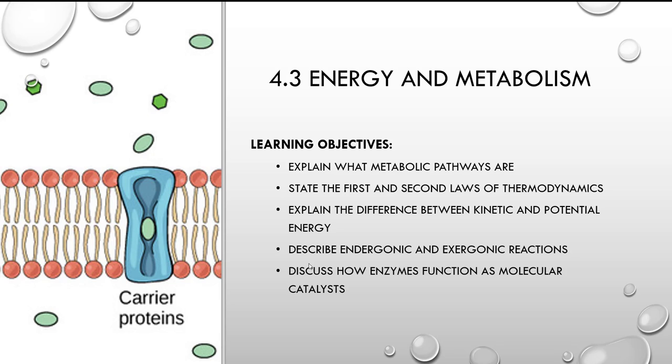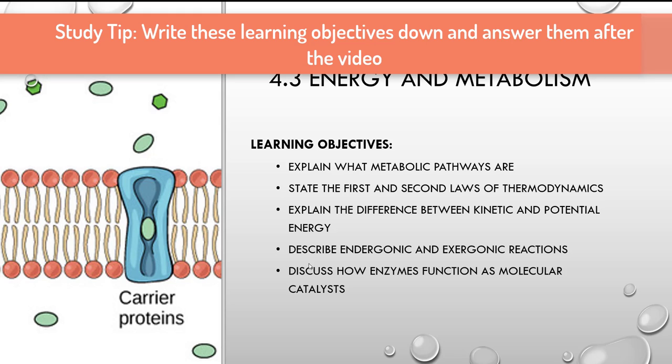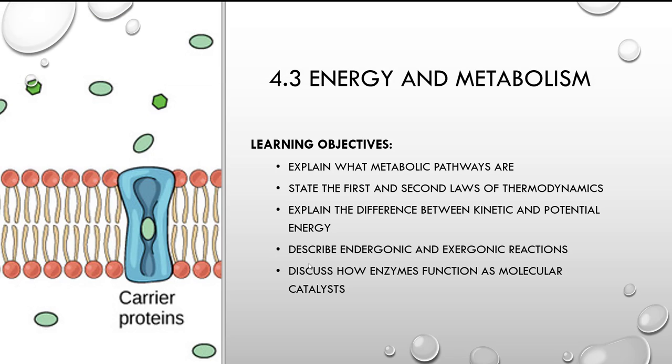So when we're talking about cells, of course, one of the properties of life is that living things need to acquire energy, right? And so we have to undergo numerous chemical reactions. All of our cells undergo chemical reactions, and metabolism is basically the total number of chemical reactions that take place. So we're going to learn about